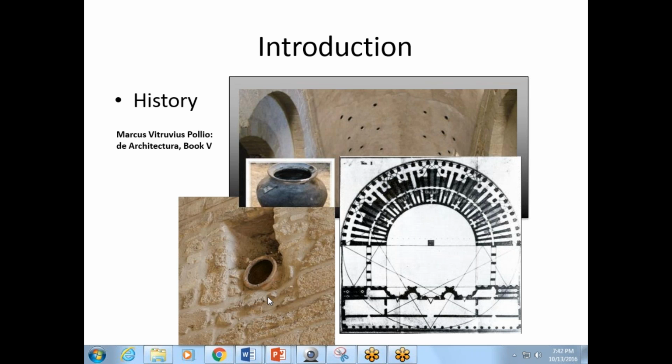You can still find acoustical pots as late as the 17th century, and we use variations of that idea even today. We'll see a little bit of that as we go on. And here's a drawing out of the book in chapter 5, where he was trying to figure out the acoustics within a musical hall of the time and where he was going to place those pots within the different chambers in the space.